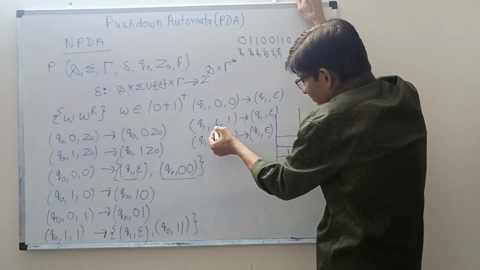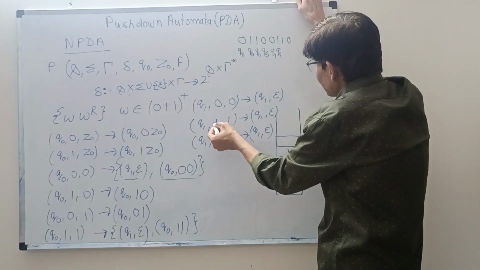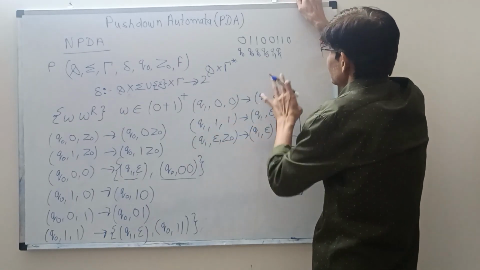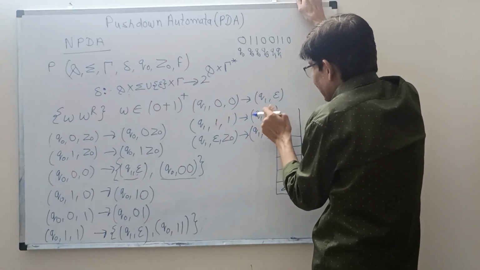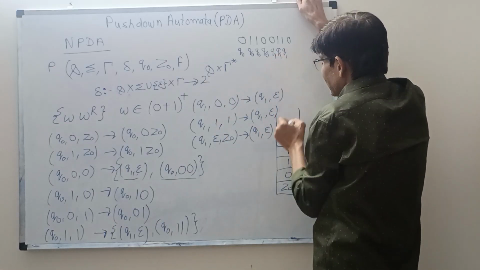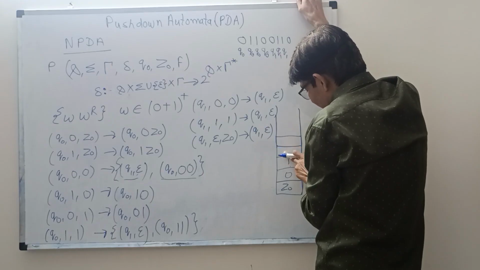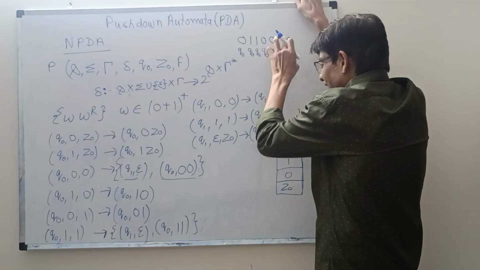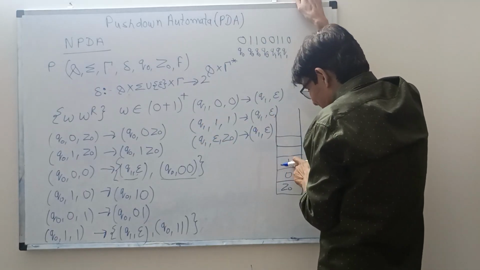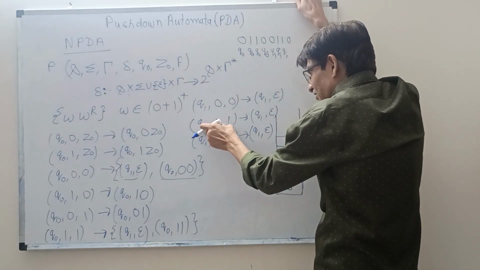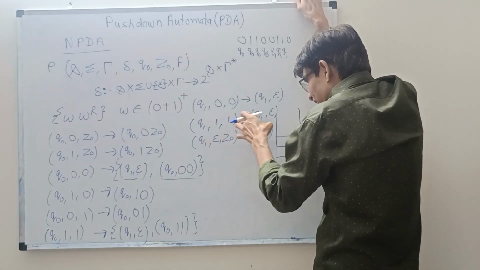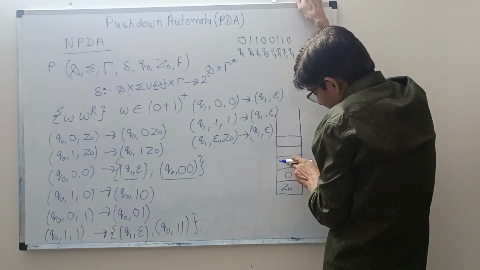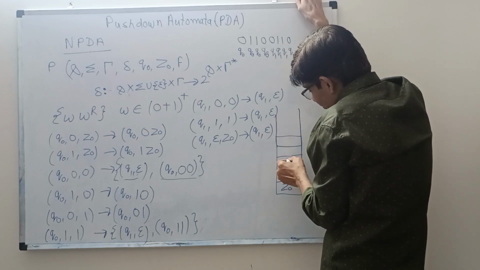I'm in Q1 and I'm reading 1, and stack top is also 1. So this combination we are getting. So according to this, I can stay in Q1 and I can pop this element from the stack. Now I'm in Q1 again and I'm reading 1 again, and stack top is 1 again. So I'm getting this combination again. So I can stay in Q1 and I can pop this element from